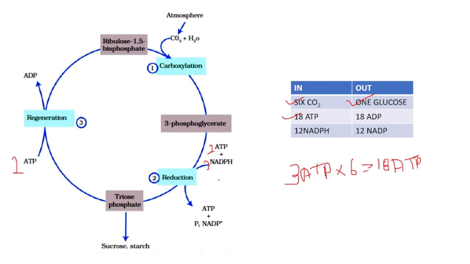Okay. Then 2 NADPH is used how many times? 2 NADPH is used 6 times, since the cycle will work 6 times, hence 12 NADPH are used. And because NADPH is used and it is oxidized, the hydrogen is liberated and NADP is formed. So this shows the full utilization of all the NADPH and ATP that was formed in the light reaction.